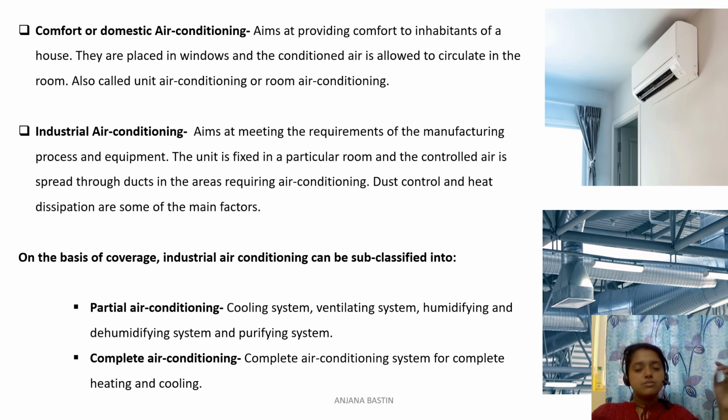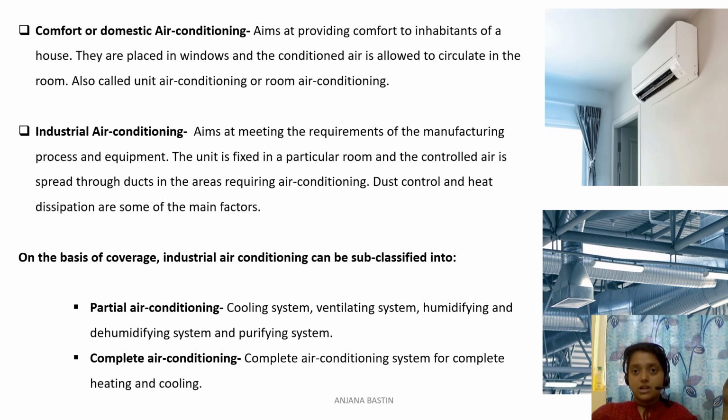So what do they do? They take this AC and place it in a room. It would be a huge machine. They place it in a room and lock the room. Okay. Then they fix a lot of pipes and ducts all across the area of the factory. Okay. Then they switch it on. So I'm just giving it in a sequential way. So when I click on the button, that AC room which is locked up, the machine is on,